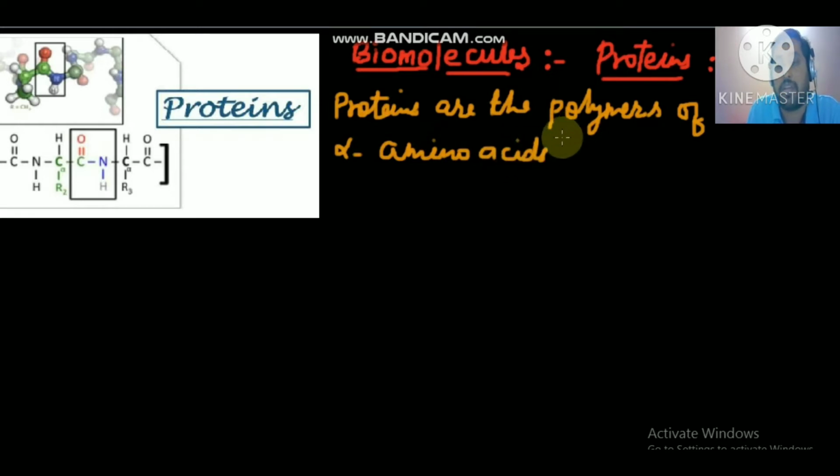Now polymers are such molecules which are made up of similar kind of units when they are repeated together. So such a molecule is called a polymer. As you can say, one chain is made up of small units repeated with each other. So proteins are the polymers of alpha amino acids, and they are